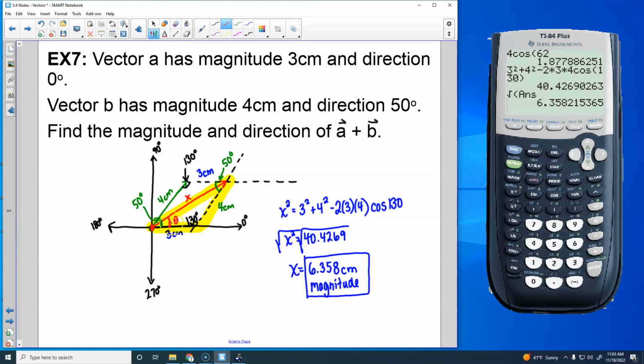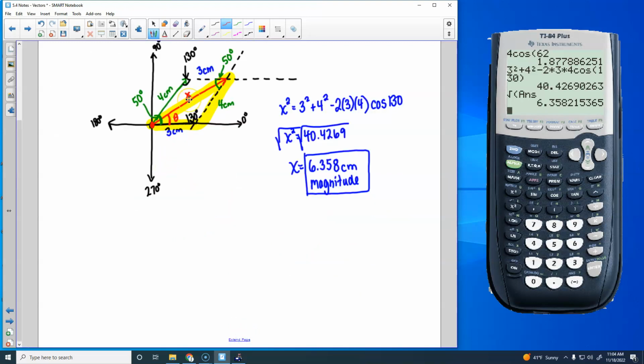If we find this angle right here, between the x-axis and our vector, that's just going to be our answer. Okay. How are we going to find it? Law of sines this time. It's because we found x. We know what it is now, right? So we have a side and an angle across from it. So we could set this up: sine of that number we just found, 6.358. No. Sine 130